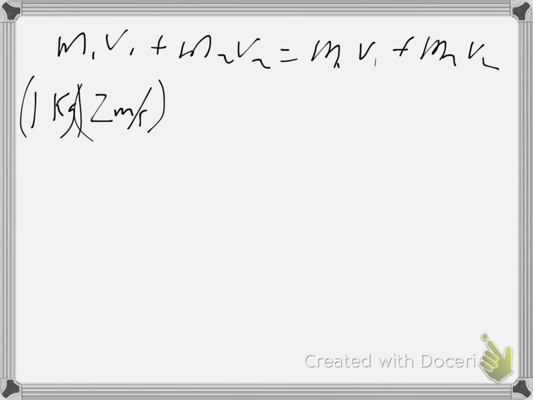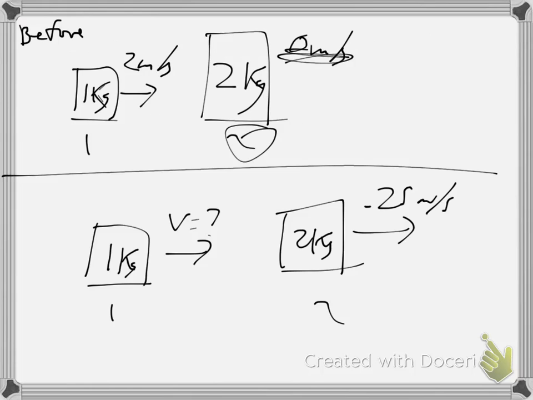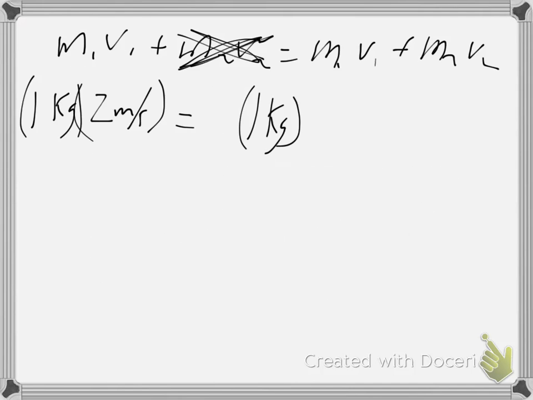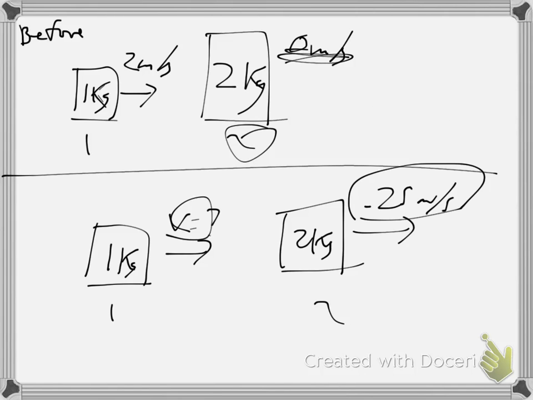It's not moving at all, which means it has no momentum, and that cancels out. So, after the collision, our first box, our mass 1, again is 1 kilogram. And I'm looking for its velocity. I don't know what it is, so I'm going to put a v there. And then we'll add the second box, which is a 2 kilogram box, which is moving at 0.25